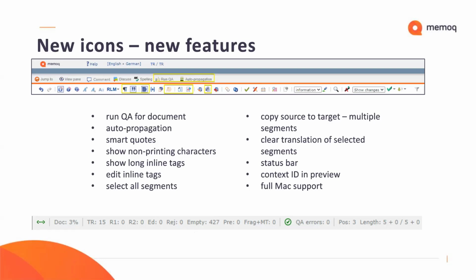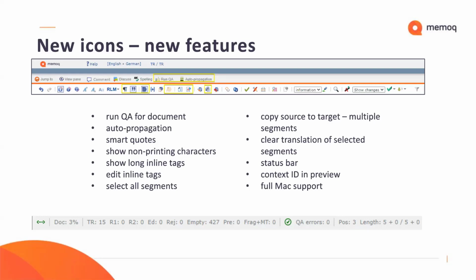We don't have a project progress, obviously, because WebTrans works on the document level, and you would see your progress in a project on your My Tasks page. So here we are showing the document progress, all those statuses, and please pay attention to this addition. We now have the current position of the cursor inside the segment to show. And just a reminder, this new feature showing the position within the segment is now available